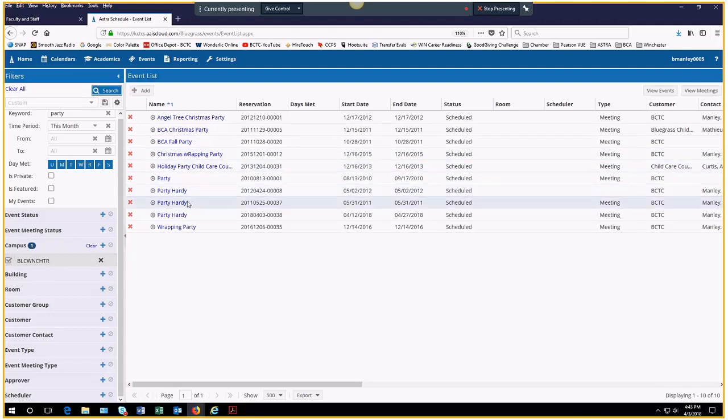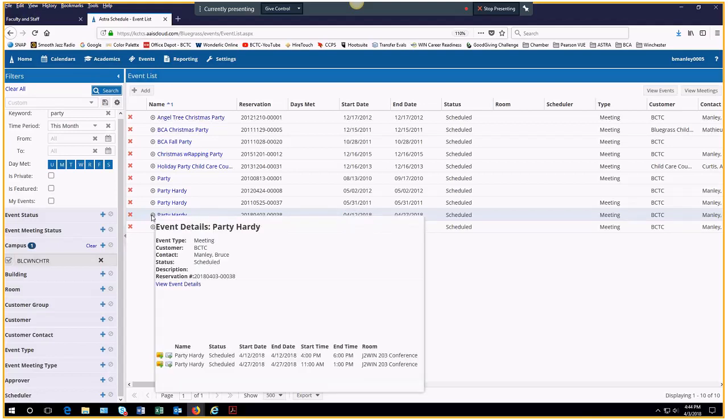So, man, we do party a lot. We party here more than what I thought we did. So here's our event here. Oh, look, this is going back from 2012. But this is our most current one, Partying Hardy on April the 12th. And I can hover over that and get more information, or I can see that it's part of a multi